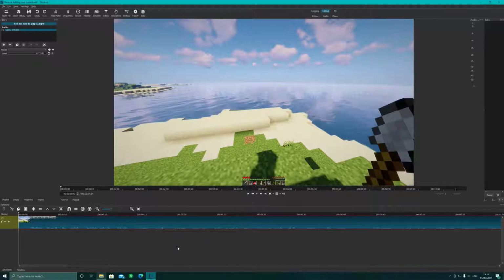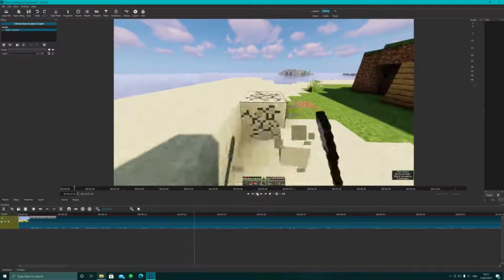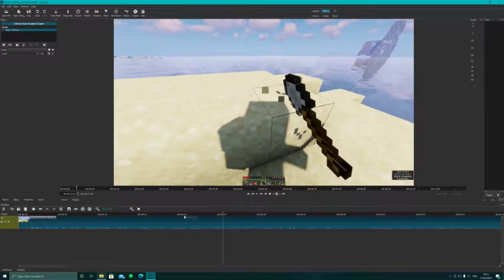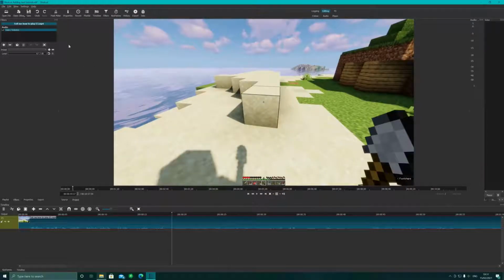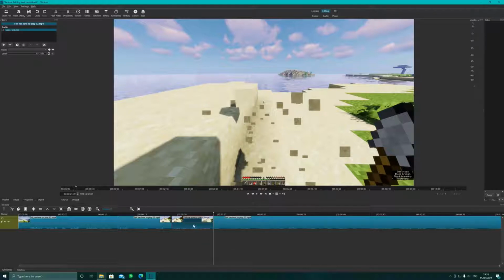So we're going to add some text to this video, so we'll play just a little section here just to show there's no text on it. So there we go, we use this bit along here, and as you can see, no text at all. So what we want to do is split this at playhead. I like to just use the mouse, so split that there. I'm going to split that there, and we're going to select this section here by left clicking on the mouse,